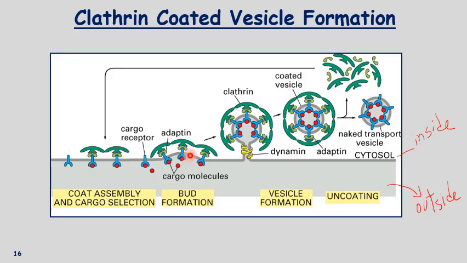Okay? And here, keep in mind, this is 2D, but this is really happening like a soap bubble that is getting formed. So this is really a 3D sphere that is starting to get shaped. Okay? So now what happens? You have more clathrin that assembles all around this piece of membrane. And then at the end, you're going to have only a little neck of this bubble that is connected to your plasma membrane. And clathrin somehow is not good at getting the job of separating this bubble from the rest